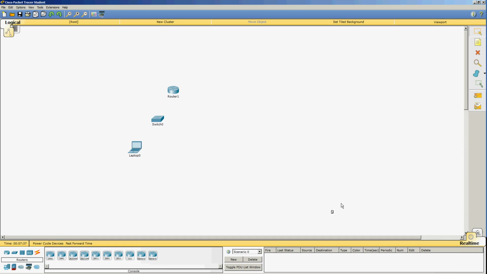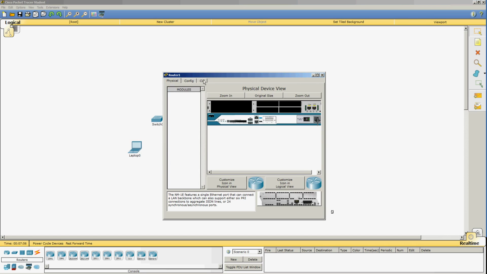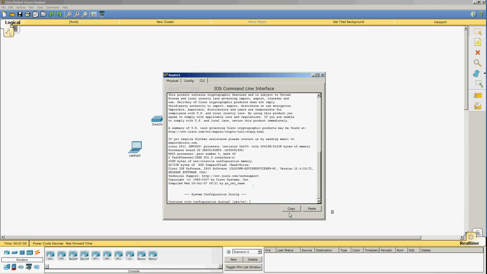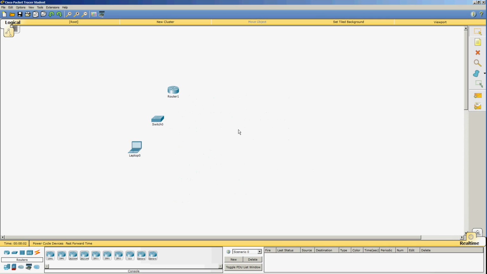The reason you have to make a console connection in Packet Tracer is because sometimes when Cisco gives you these pre-configured exercises, they will lock these devices so that you can't double click on them, because as you know already, you can get to the command line by just double clicking on the device and clicking the CLI. Well, if Cisco happens to make a configuration file where these devices are locked and you have to get to the command line to configure them, you have no other choice but to make a console connection in order to